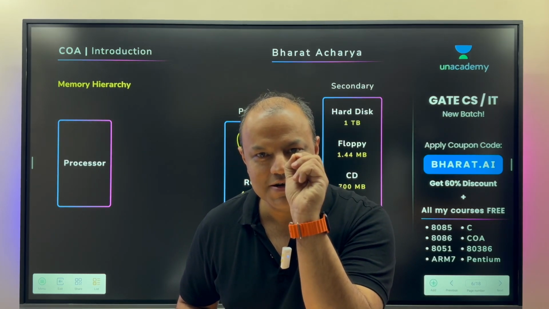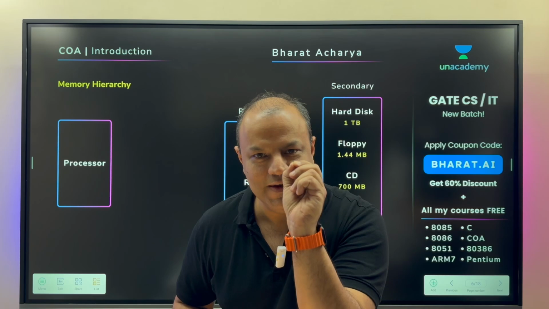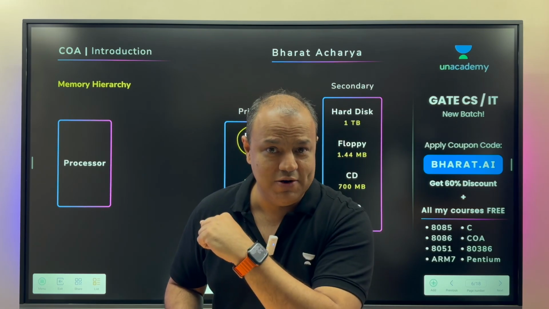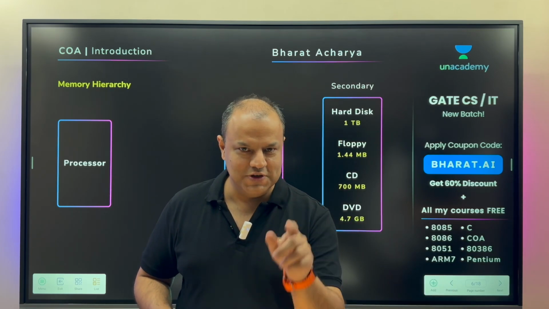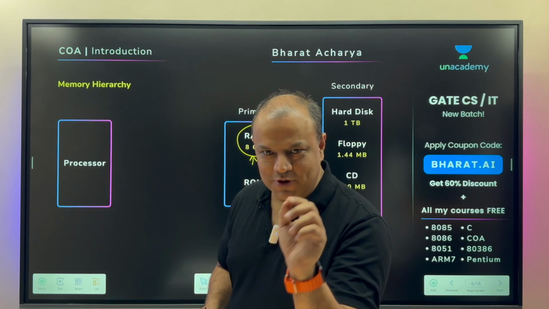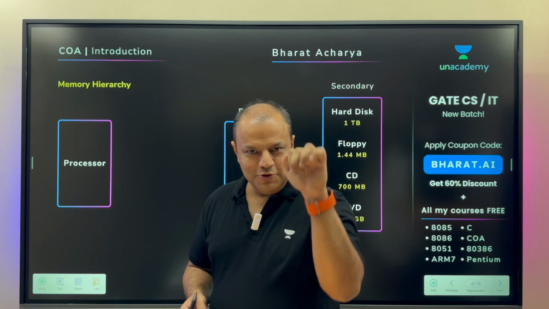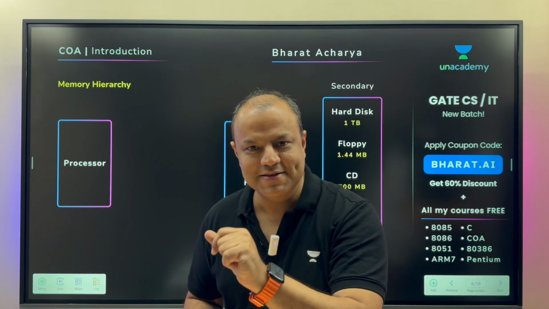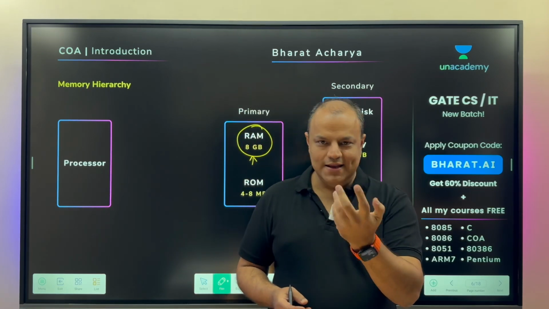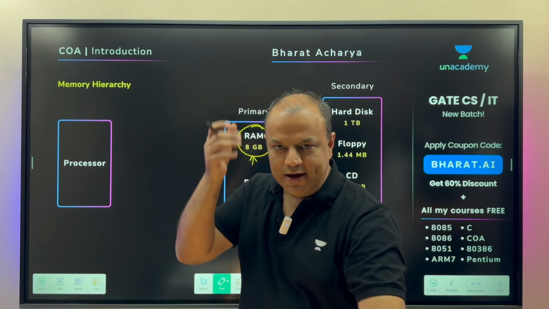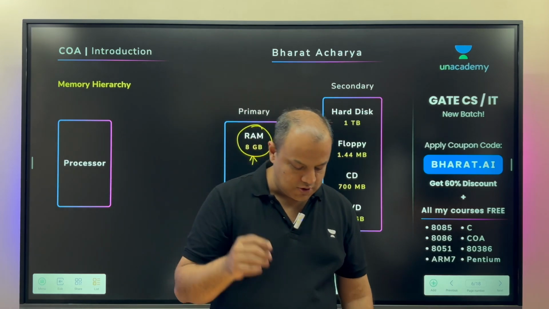If I could just understand how to store one bit, in CDs there are lands and pits. I teach that in COA and not in GATE because it's not in the GATE syllabus. But in my other course, the normal college course of COA, you learn how CDs work. In those lands and pits, when you throw light, the way it gets reflected back decides whether you're hitting a 1 or a 0. That's how you read the data. Then you rotate the disk at a particular speed and read the data, write the data, and so on.